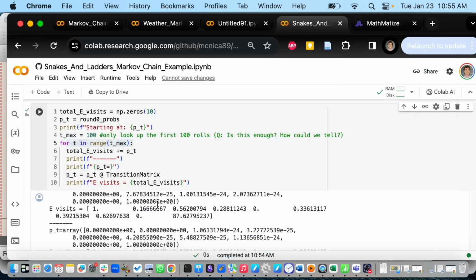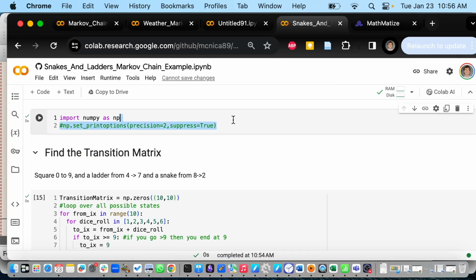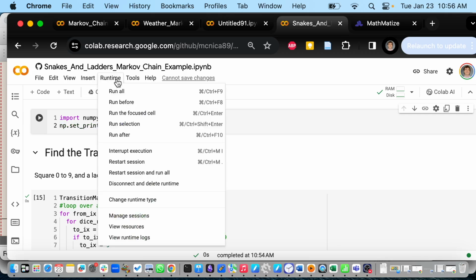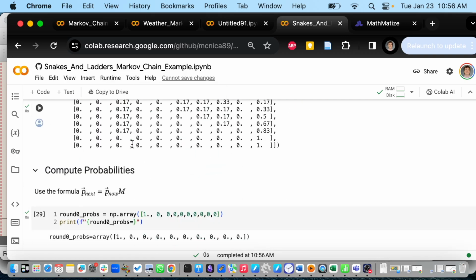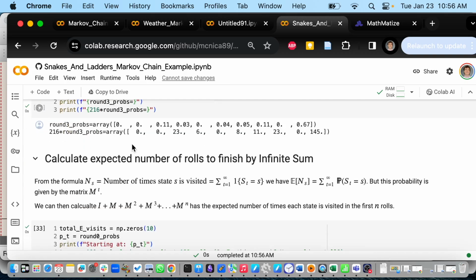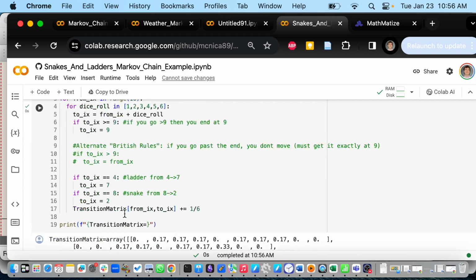So, okay, right now it's giving me a bunch of variables. This is a good pro tip. If at the beginning of your program you say set print options and you make the precision equal to 2, then it will only output 2 decimal places. Suppress equals true means please don't put anything in scientific notation. That also makes it easier to read. So let's try that and maybe it'll look a little nicer. Of course, sometimes you want more than 2 decimals, so don't always use it. But if you want it to look nice, okay, here we go. So here's what my computer outputted.